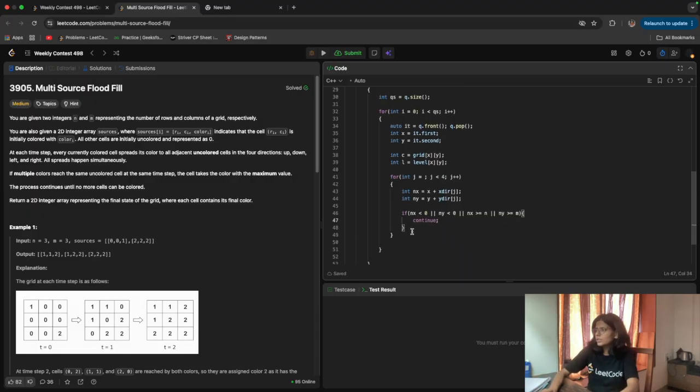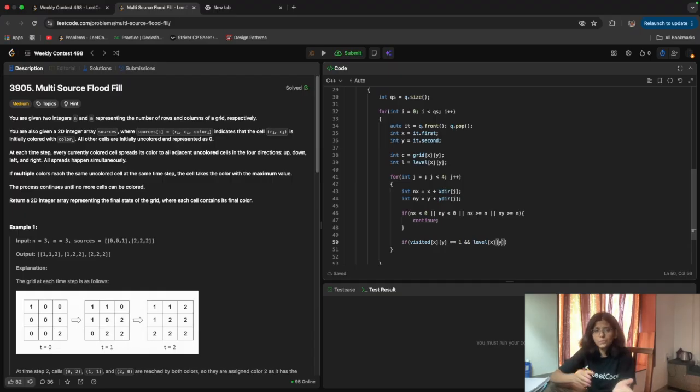And if it is not, then I will check if it is visited. If x and y visited, and the level value, sorry, I need to check the level value. Why?